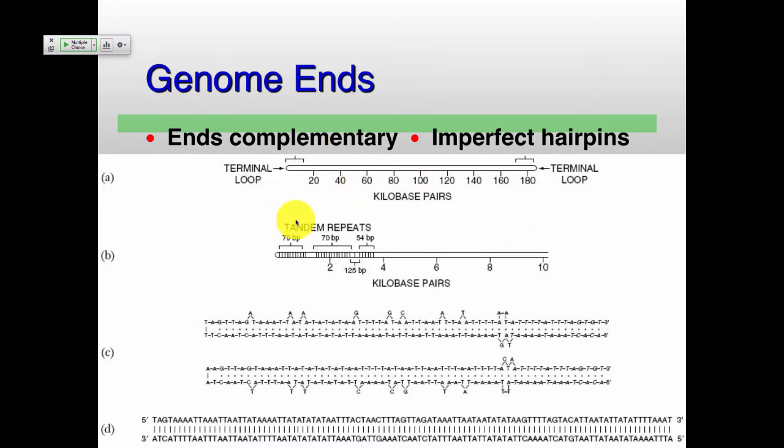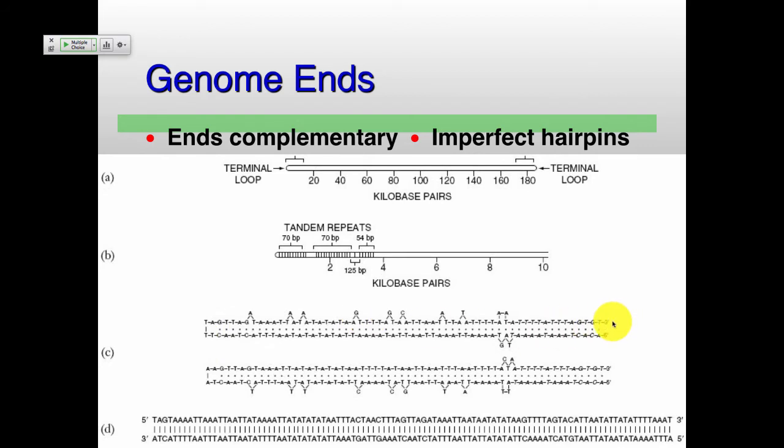And that comes from looking here at these ends of the genome. Again, almost a 200,000 base pair genome. If you zoom into the ends, you have these repeated structures. You keep zooming in, you end up with these two strands, and so there's this sequence here, 5' to 3', 5' to 3', and then these loop structures where they're almost completely base paired all the way out to the very end of the genome, and the 5' is contiguous, just goes around the end and goes back to the